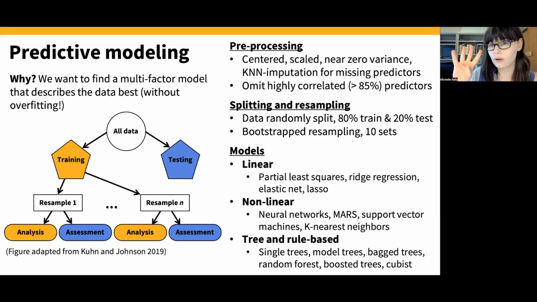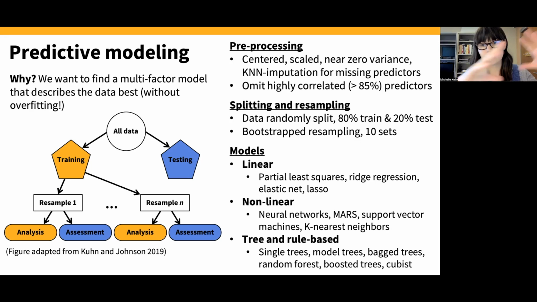So there's 4 predictive models that we're creating. We take all of that data and then we slap it into either a training set or a testing set. 80% of the data goes into training, 20% into the testing set. And then of the training set, the testing set gets reserved. So that's our overfitting safety net, is that we're not touching the testing set, but we build the model on